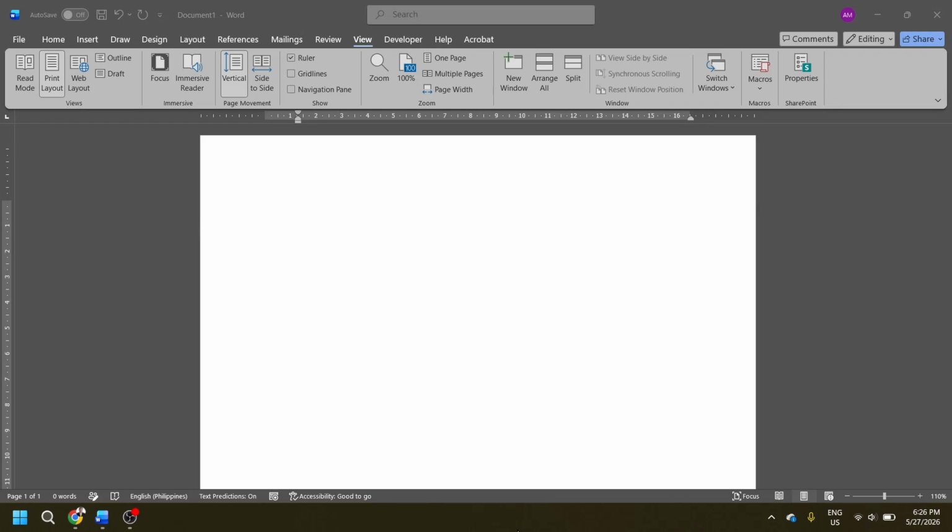In today's video, I'm going to teach you how to layer and group objects in Microsoft Word. We'll start by getting your shapes onto the page, then select them properly, and finally group them so they move and resize as one. Along the way, I'll share a few tips to keep everything aligned and layered the way